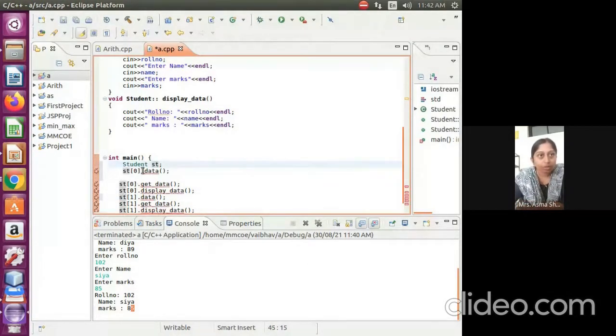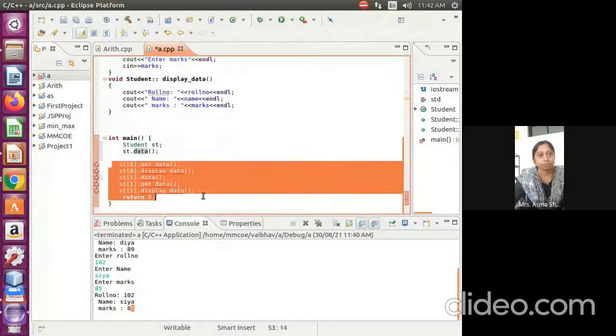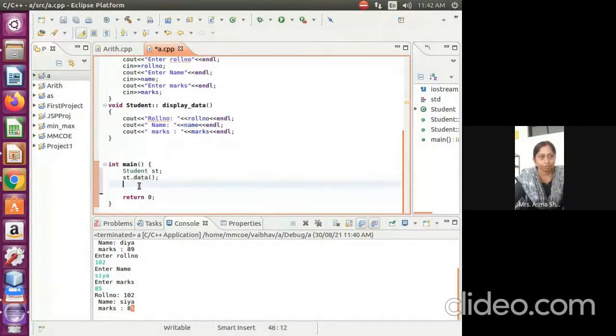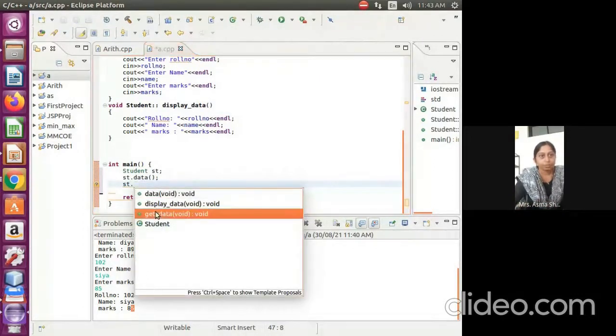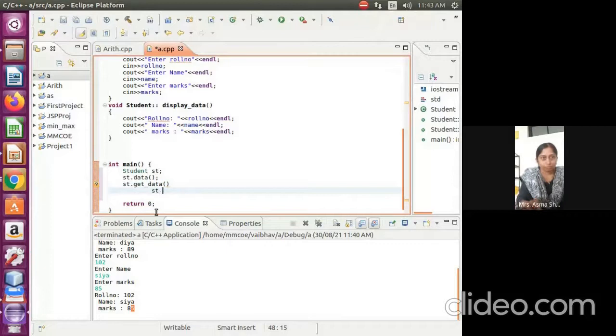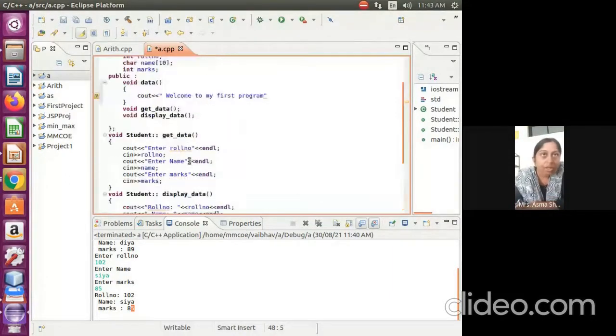I don't want to give you confusion about the array and the object. Okay, so now I remove this. I am only showing you inline functions. Then I run this code.